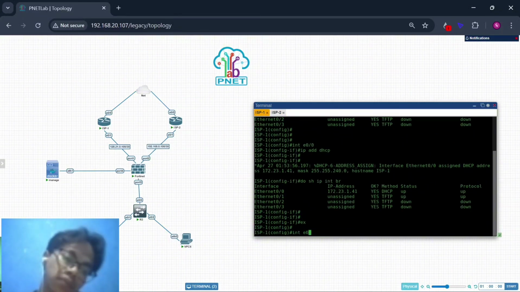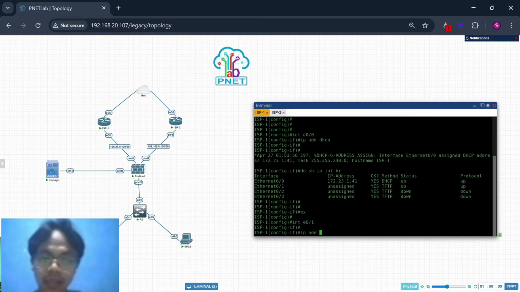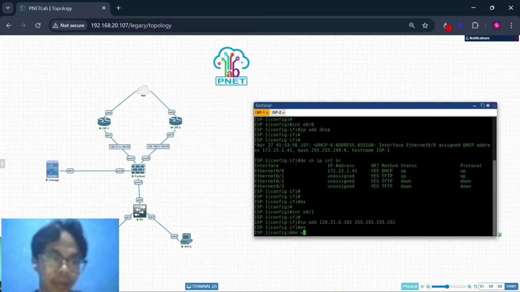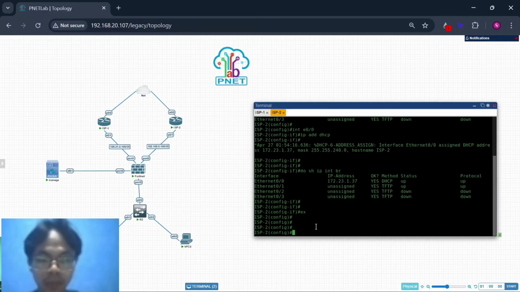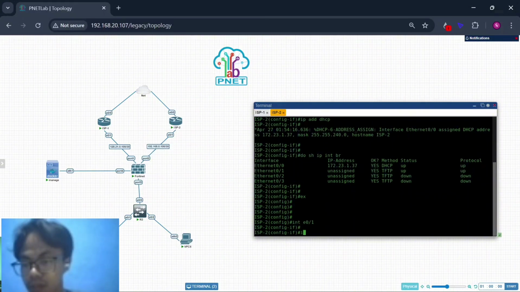And now configure interface Ethernet 0/1, IP address 128.21.0.101. For the prefix I use /30. Right, and here interface Ethernet 0/1, IP address 198.160.0.101.